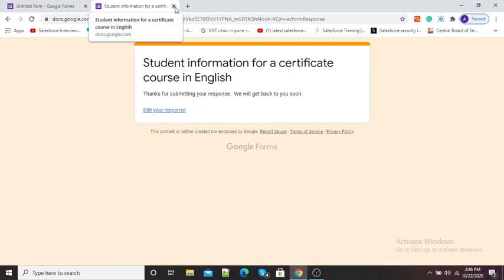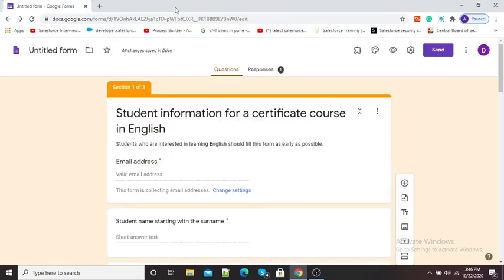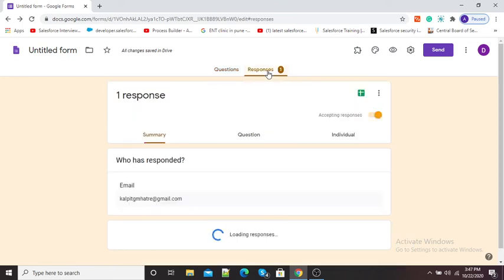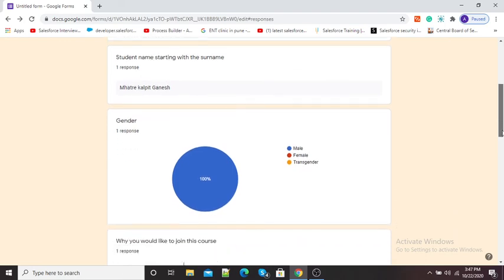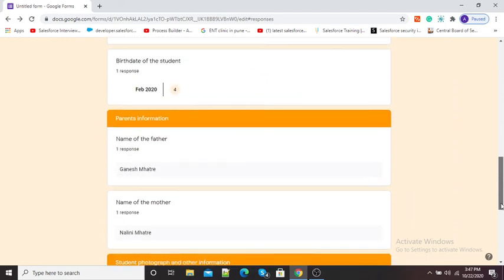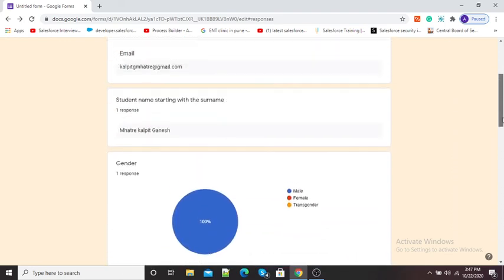Now suppose that so many students have filled in their form and you want to see the responses received from students. So here you can see in the responses tab one response is available. Now you can see here the summary from one response is available in the form of graphs.